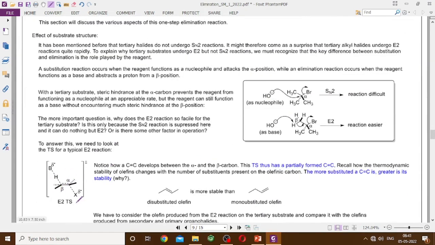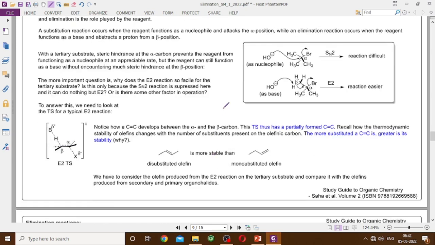So we have the E2 transition state where the CX bond is being broken, negative charge is developing on the X, and the negative charge is disappearing from the base. Therefore, we have a delta negative charge on B and a delta negative charge on the leaving group X, and a partially formed double bond between the alpha and beta carbons. Now remember,